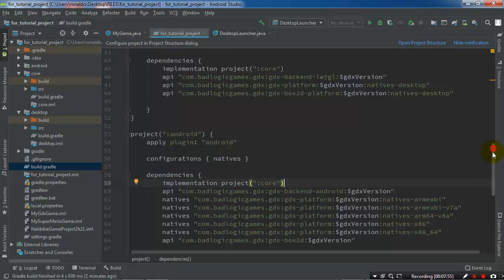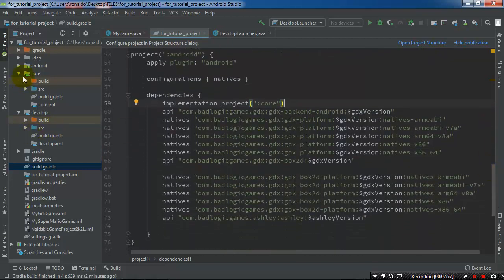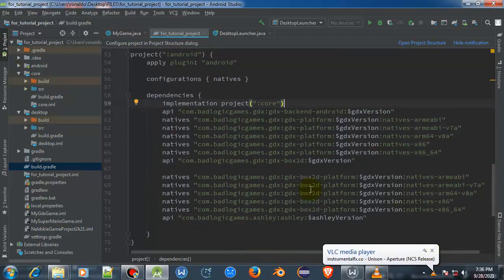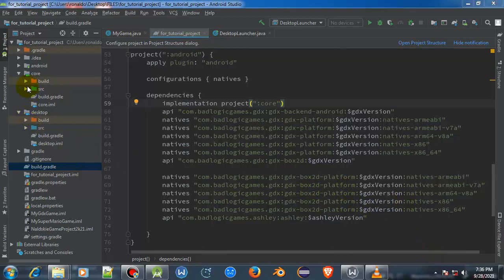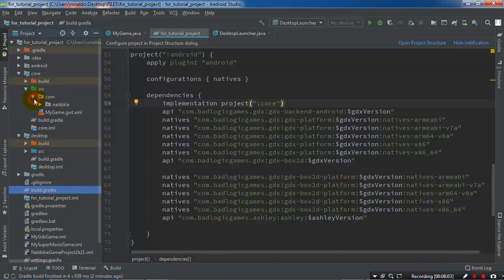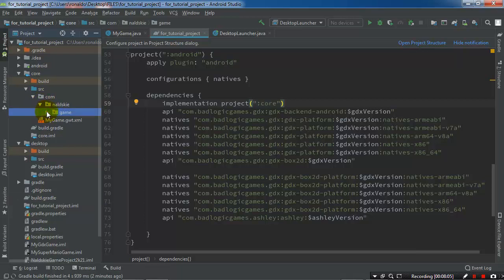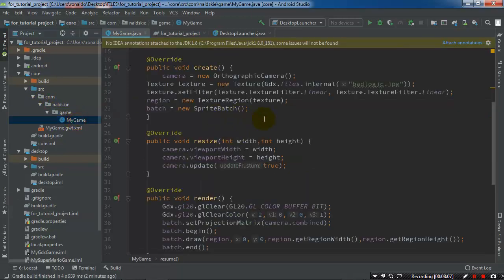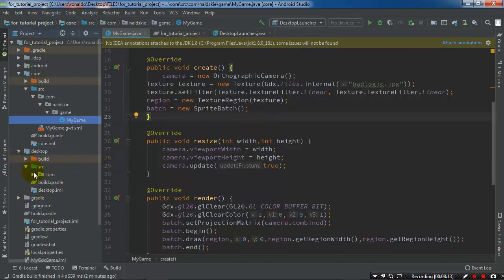So these two modules depend on the core. By default we have only one file in the core, and this is where we will start working. So if I run the desktop application launcher,